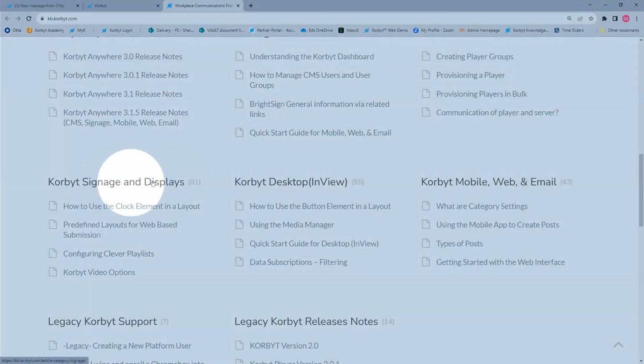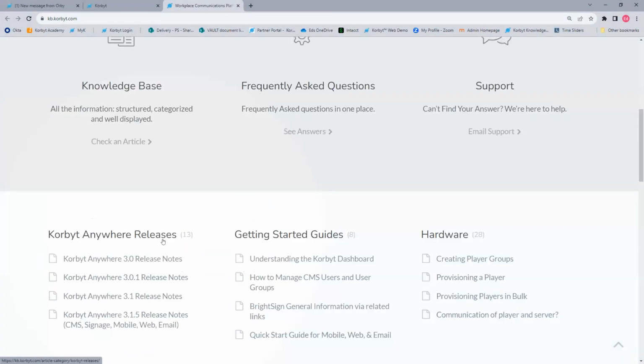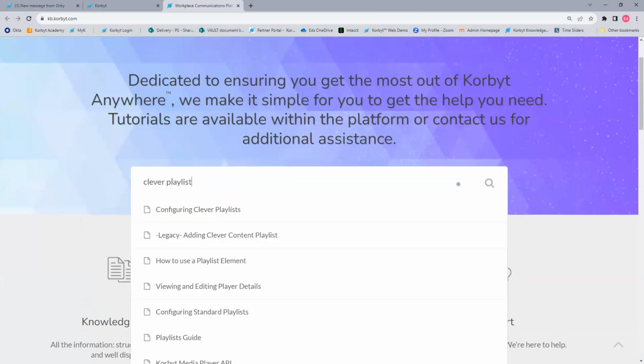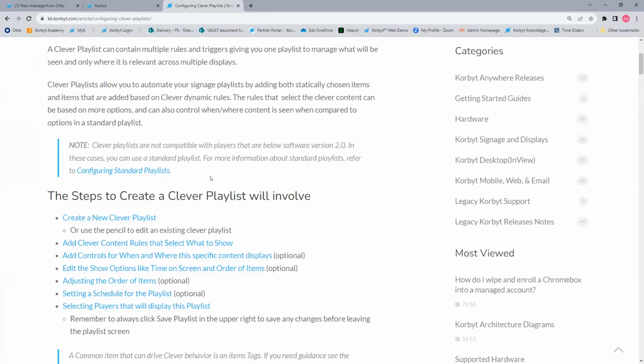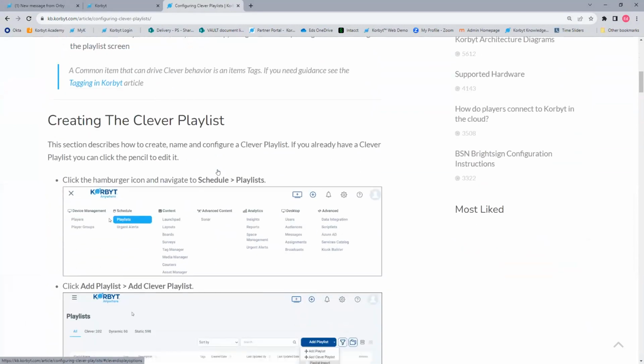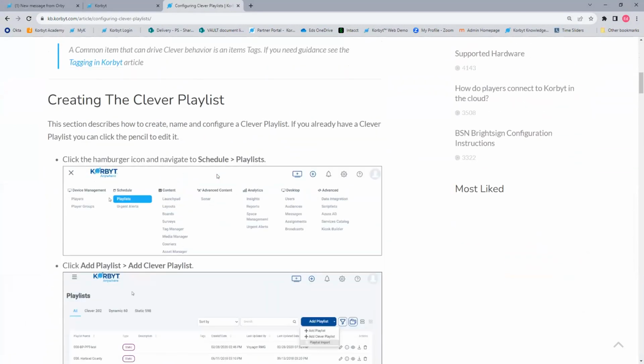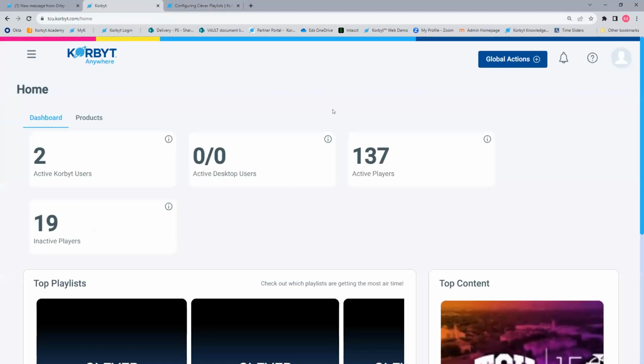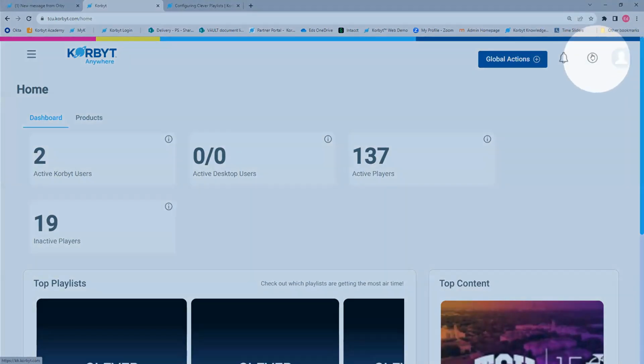You can browse into digital signage articles, or you can search for keywords. So if you're creating clever playlists, you can find articles about how to manage a clever playlist. And they take you through a lot of what you need. So there are resources out there for you. And that again was through this question mark.